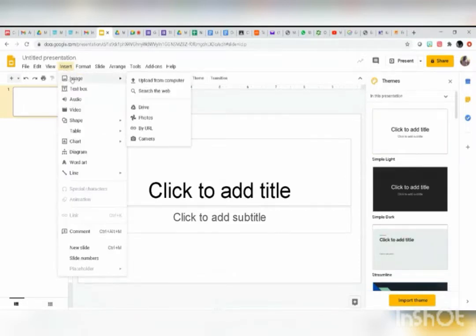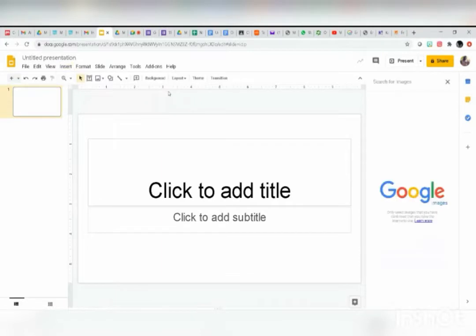Then we go to Image. The arrow at the side here shows us to upload from computer or to search the web. I'm going to search the web because I don't have any of those pictures downloaded to my computer. So we need a background. So let us type in a wall